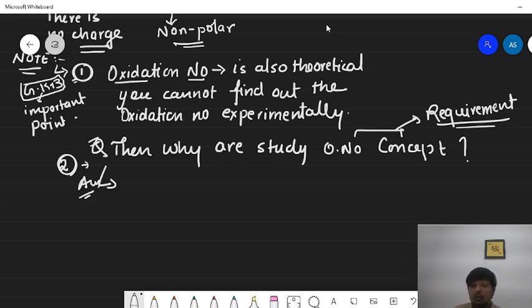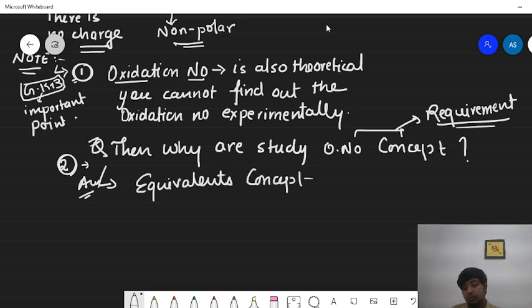So what to do here? If you don't want to balance the reaction, and still you want to do the quantitative analysis, that if X amount of reactant is there, then what is the amount of product? Without balancing, if you want to find out what amount of product will be formed, then we have to apply the concept of oxidation number. Not directly, but indirectly. Why? Because while solving those types of questions, you have to apply the concept of equivalence.